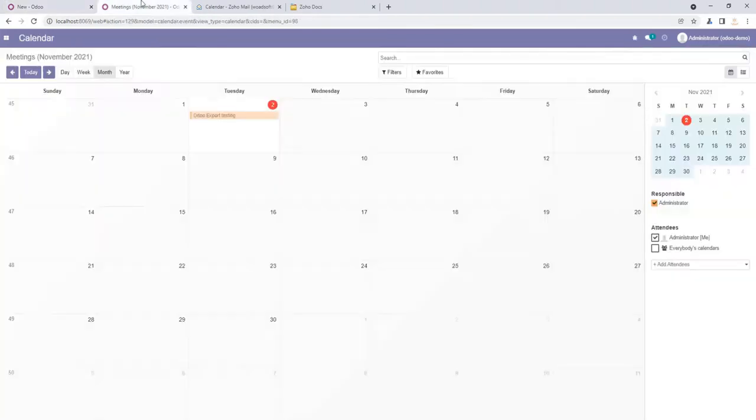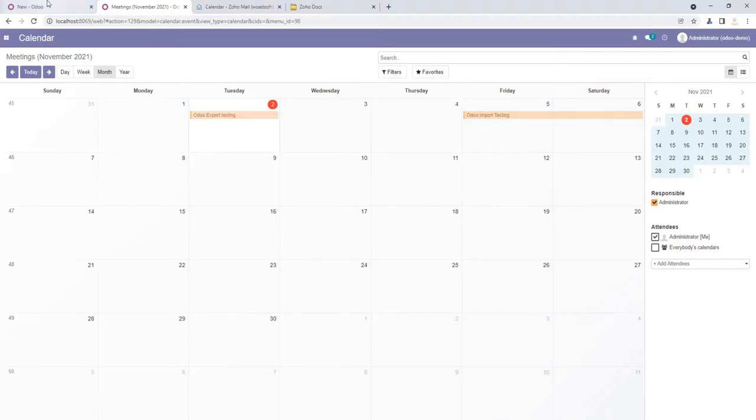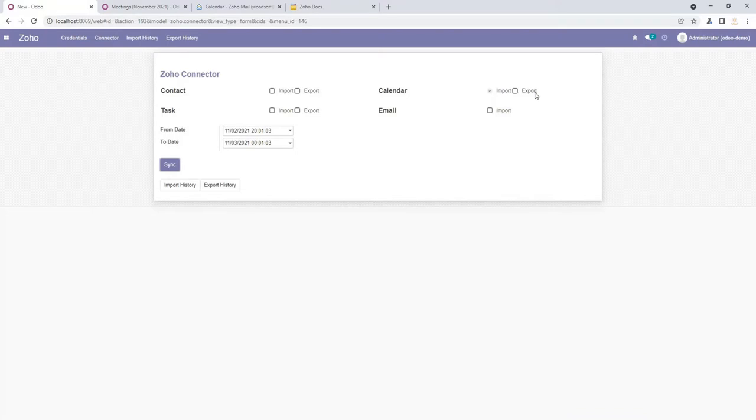We can check in Odoo, so I refresh the page. As you can see, the event is imported successfully in Odoo. You can also verify the other information you mentioned in the Zoho calendar event, such as the attendee and description. So the import and export operations both work perfectly.